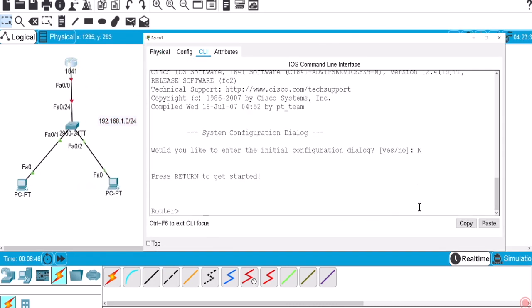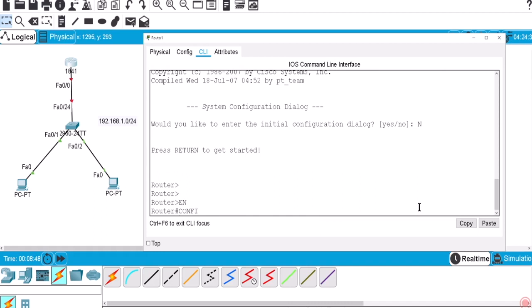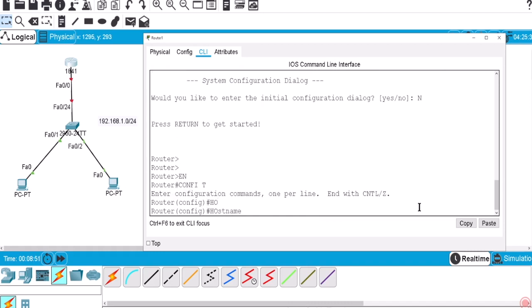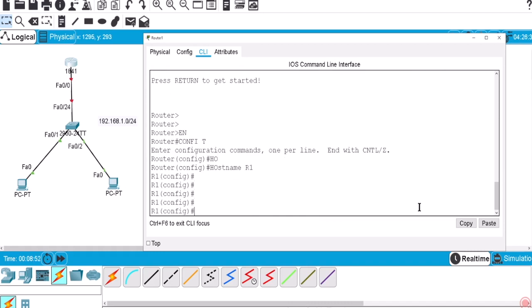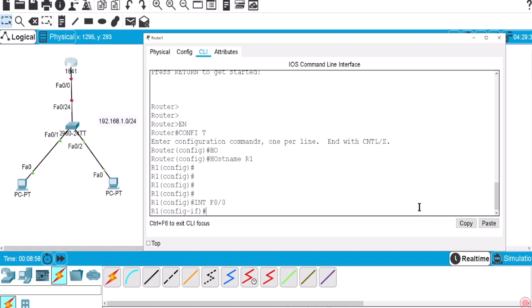All right, we're going to say no. Enable, conf t, hostname, just call it R1. All right, let's put the IP address under the interface. So interface F0/0, IP address 192.168.1.254,